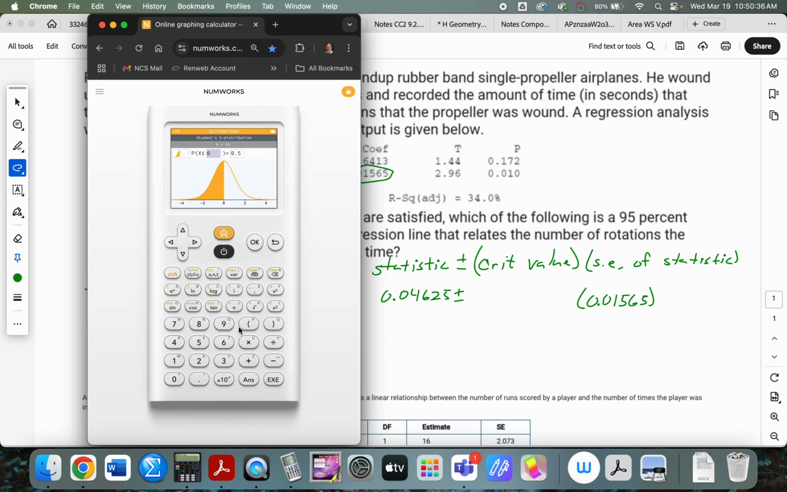All right. So we want to find the in-between because we're doing a